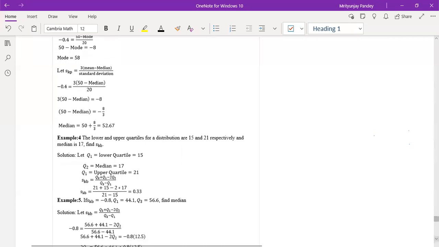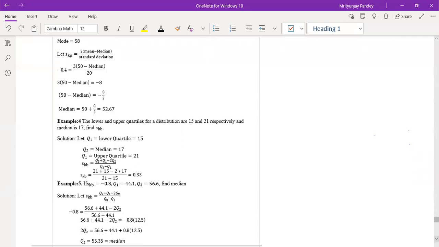Okay, so this is your example number 4. This example is based on quartile. So which formula is used to calculate the skewness? तो ऑलरेडी मैंने आपको अभी थोड़ी देर पहले दिखाया है कि बॉउली फॉर्मूला है बेस्ड ऑन क्वार्टाइल,